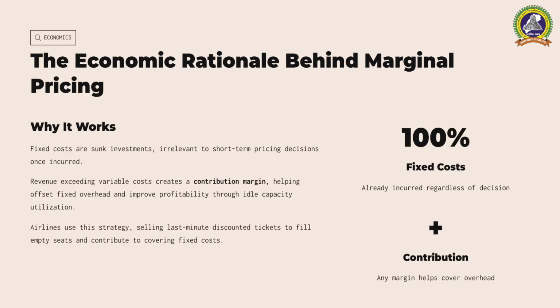The economic basis for this approach is the contribution margin. Remember, the formula for profit is total contribution minus total fixed cost. If you have idle capacity, say a factory that is only running at 60% utilization, your fixed costs are already a burden. If a customer offers a price that is lower than your total cost but higher than your variable cost, accepting that order increases your total contribution. It operates on the logic that earning something towards your fixed overhead is better than earning nothing.